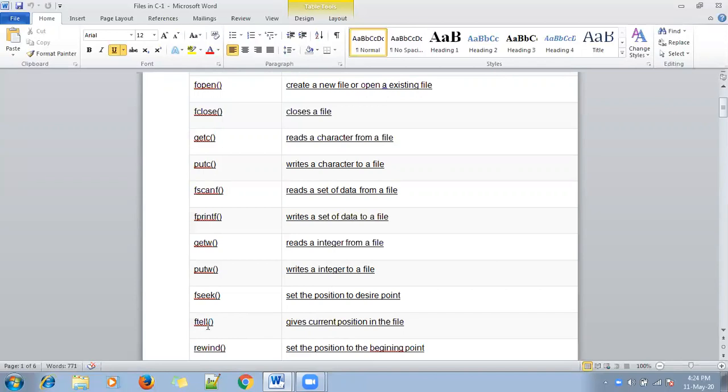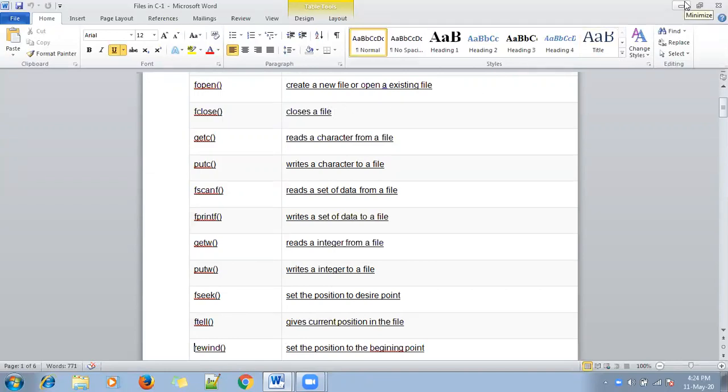Ftell gives the current position in the file, that is, at which location your cursor is. Rewind sets your cursor at the beginning of the file. Clear? These are the predefined functions used to handle files in C language.